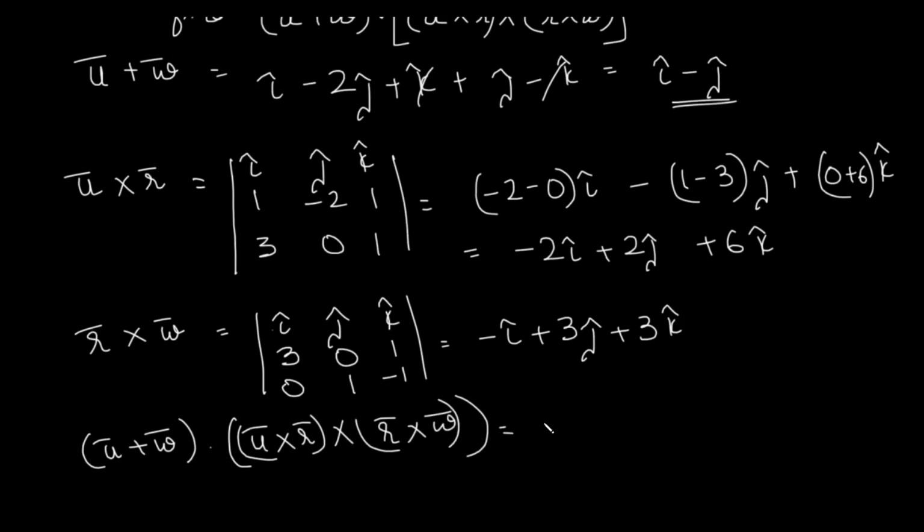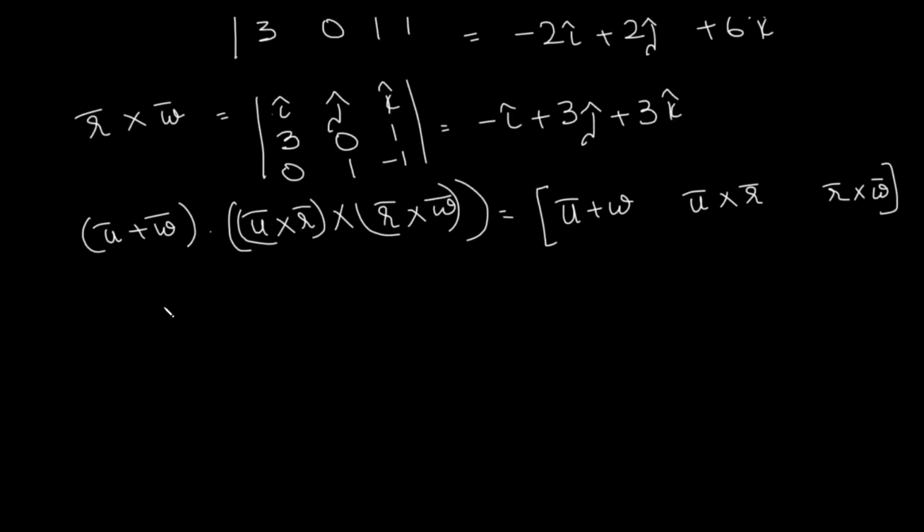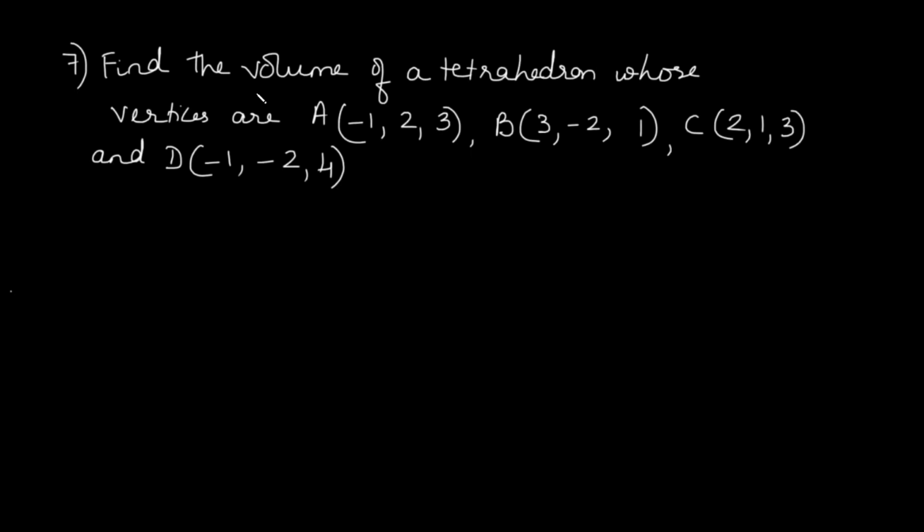Okay, you can do it by the method of determinant. So box u plus w, u cross r and r cross w. I'm leaving it to you as an assignment for finding the final answer. You can just take the box product, write all the three vectors as a determinant, solve it and get the answer as a scalar. The seventh question: find the volume of a tetrahedron whose vertices are given as A, B,